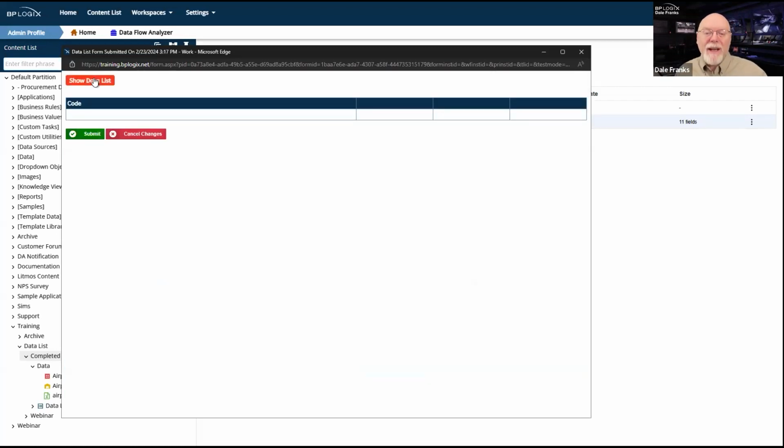Most of the time, it is just going to be hidden. I don't want to see it all of the time. I don't need access to it all the time. I only need access to it during the data entry process. We have used this on some applications that we have built. Indeed, the whole data list control arose out of an application that we built for one of our customers.